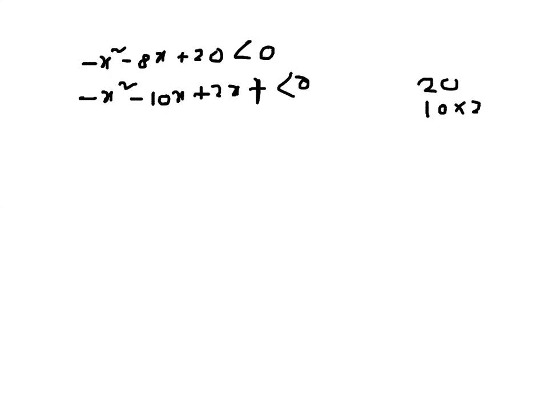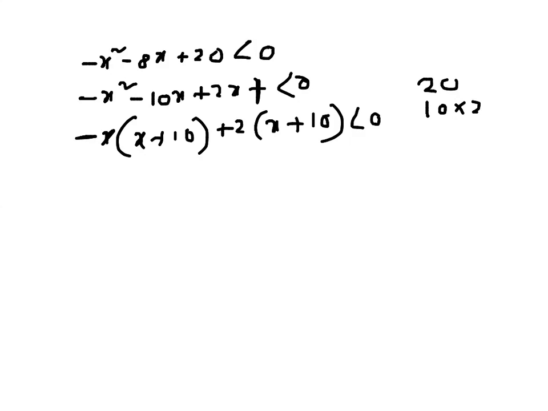So yep, sorry. So then this is a minus x. If I take out, this will be x plus 10 plus 2 times x plus 10 less than 0. So this is like something like 2 minus x and x plus 10